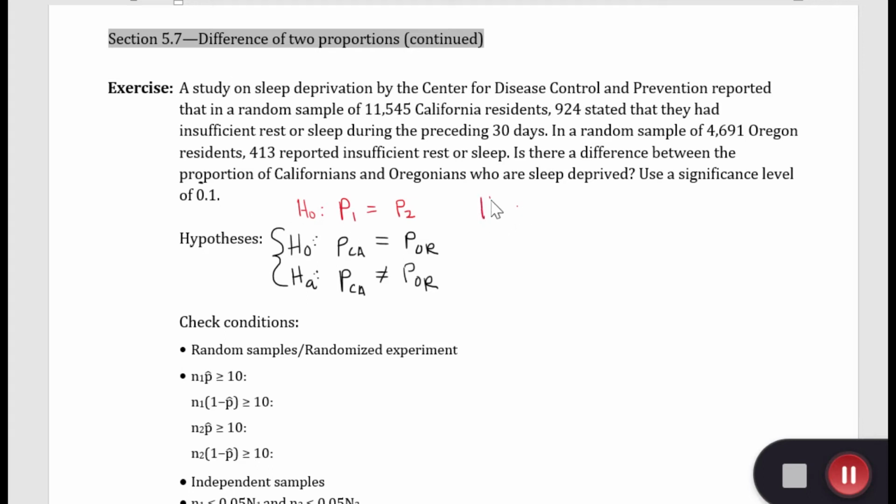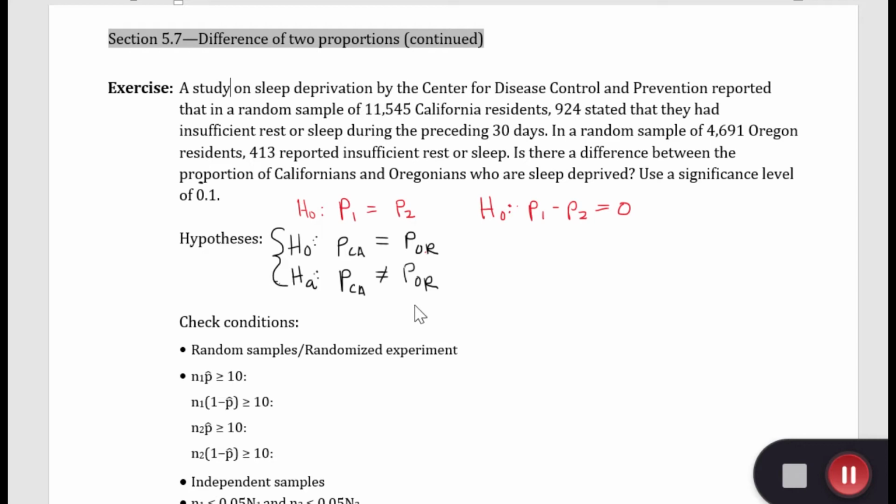Similarly, on Geogebra, or in other ways that you can write it, this P1 equals P2, that's just an equation. So you could subtract P2 on both sides, and you get this equation. What this is saying is that the proportion of Californians who are sleep deprived minus the proportion of Oregonians who are sleep deprived, that difference is 0. This is another way of saying that these two proportions are exactly the same. Those are ways that you can see these hypotheses, but like I said, typically we mean this way,